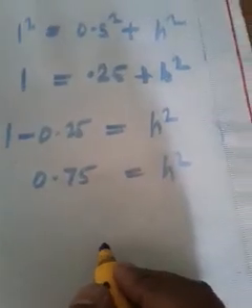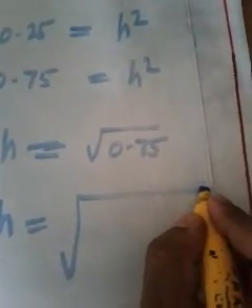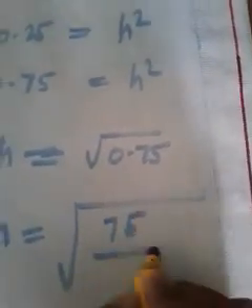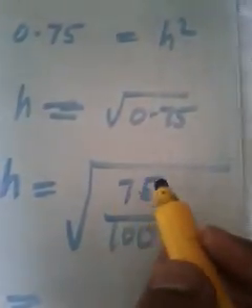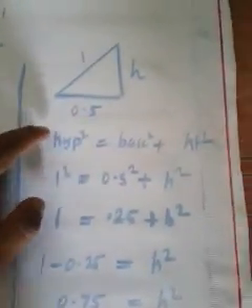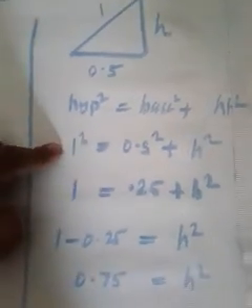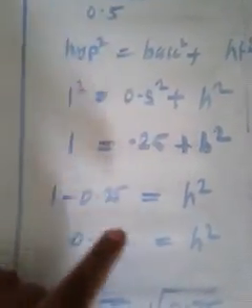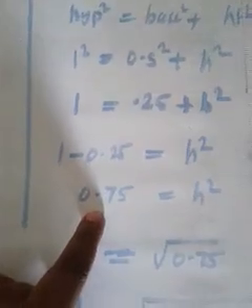Then what will be h? h will be the square root of that. That means the square root of 0.75. What is the square root of 0.75? In order to calculate it very simply, let me write it as 75 by 100. Can I write it as 0.75 or 75 by 100? Yes, of course, because when you divide 75 by 100, we will get 0.75. Once again I am repeating, by using the Pythagoras theorem we wrote this much, then we substituted everything, then we applied the square, then we calculated h square. h square we got as 0.75. In order to calculate h, we have to take the square root.